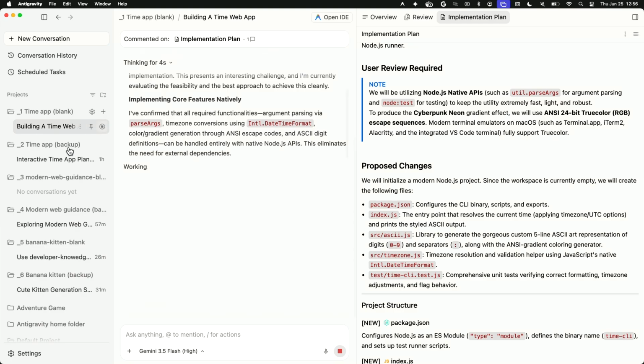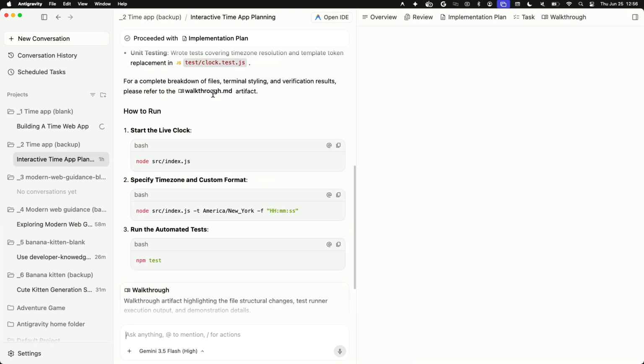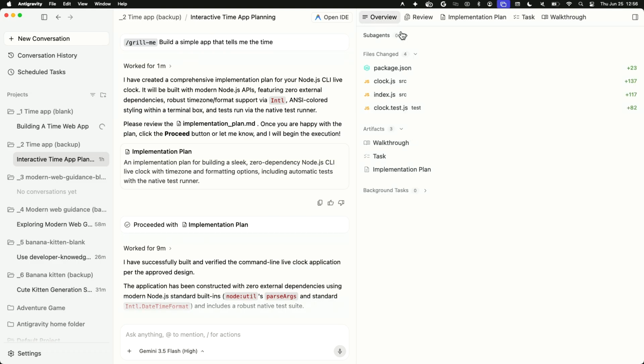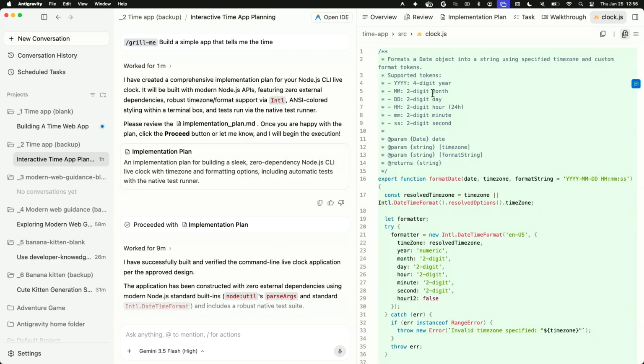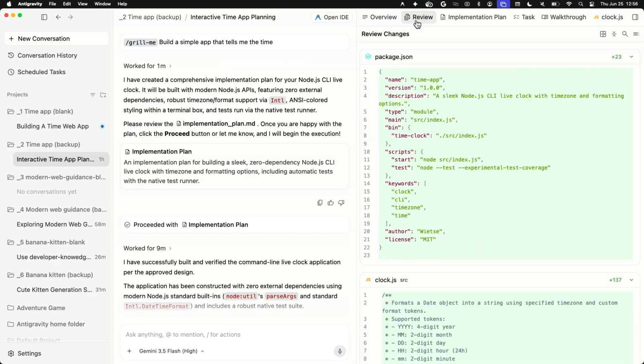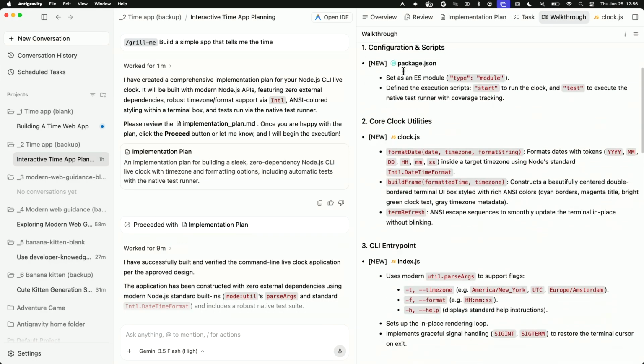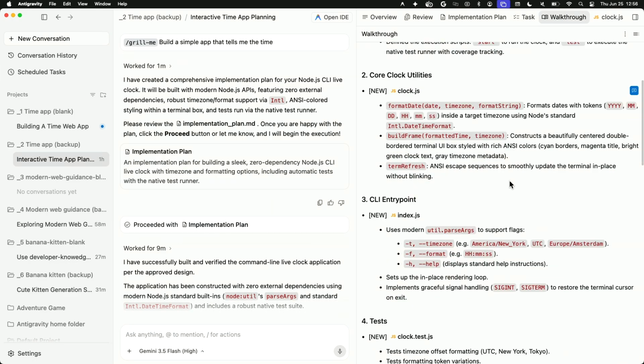Okay, so I'll do the cooking demo now. Imagine it all completed. Now I have an overview of all the files that it changed, so I can read the diffs of what changed. It makes a plan and then completes it, all the steps that it wants to. This is how it keeps track of what it's doing. And when it's done, it will write a walkthrough: here's everything I did. So I read that,